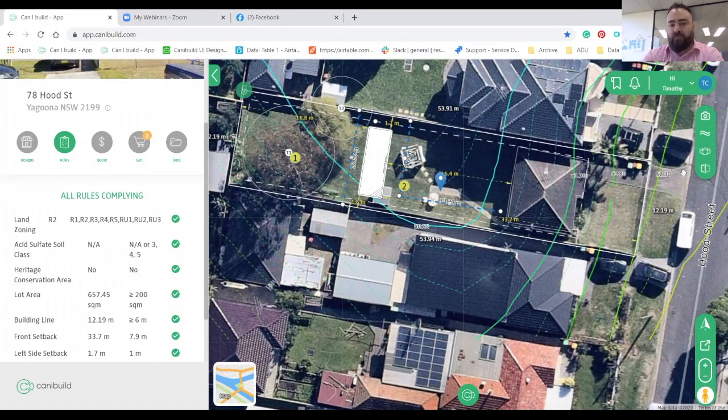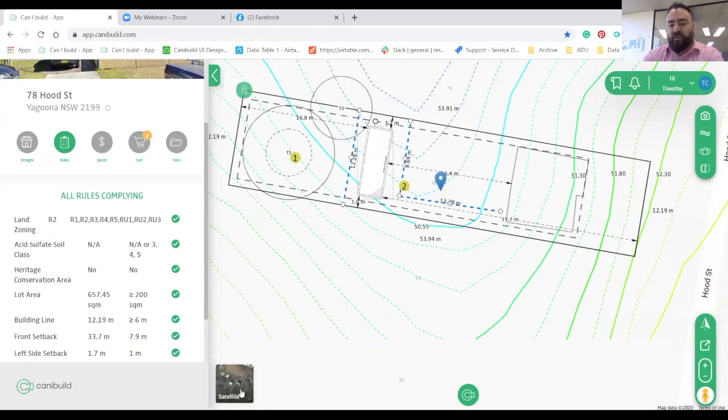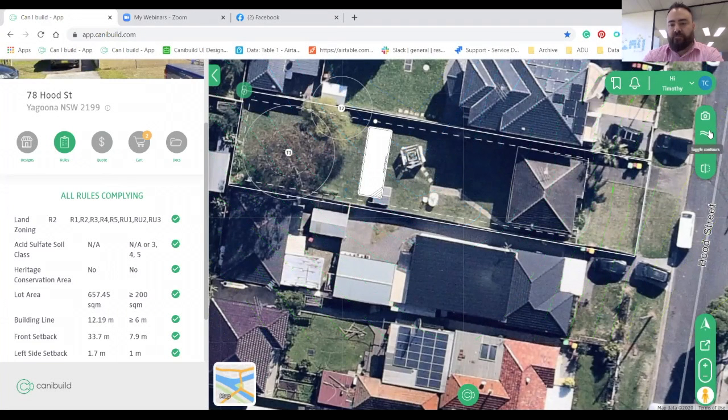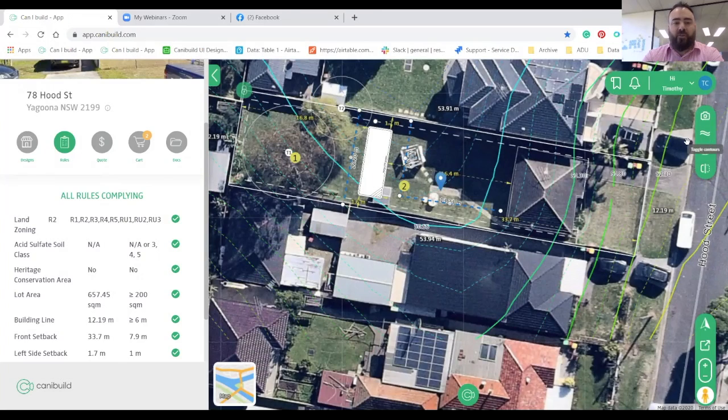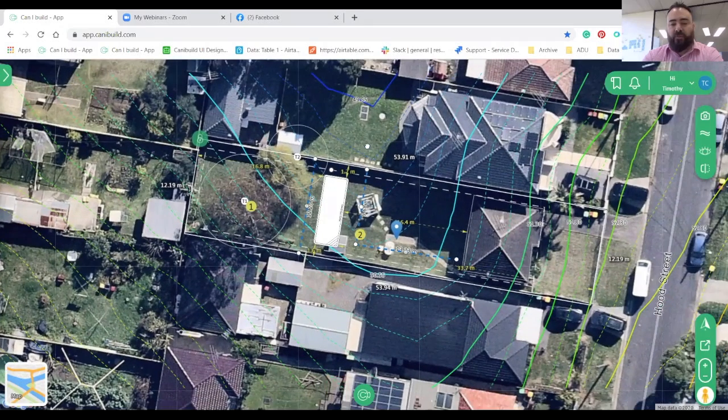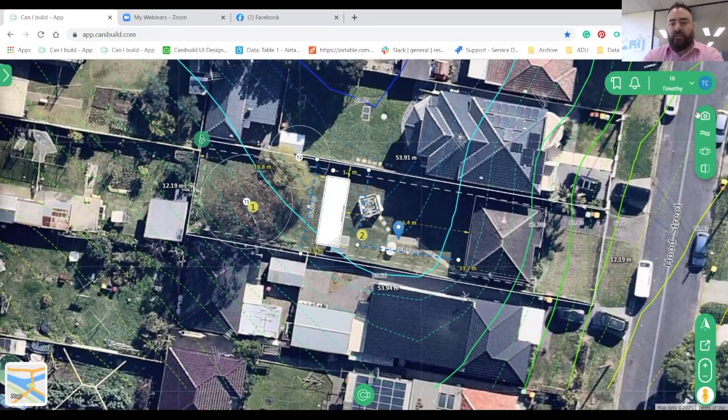Again, you can click the contours over it and see it. If it becomes a bit too noisy, you can hide the aerial. Again, if it's too noisy again, you can hide the features and just show the pool again. So it is quite versatile in that regard. If you wanted to quickly show the client a quick screenshot of the proposed site, you're able to position it, take a screenshot,